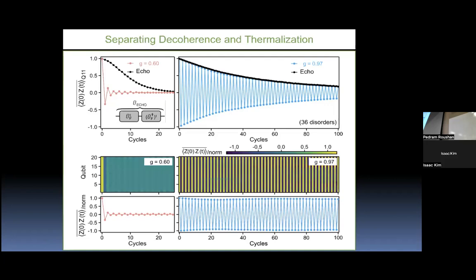Okay, so here I'm showing you two curves. The blue divided by black is in here, and the red divided by black is here. So we have two distinct phases, G 0.97. It seems in a totally different phase than G equals 0.6, but I would not talk too much on it today. But you can see that now this is our claim of removing the open quantum system effect. And this is where we start claiming that this oscillates indefinitely. Okay, this is indefinite for experimental physicists. If you want to wait 10,000 cycles,